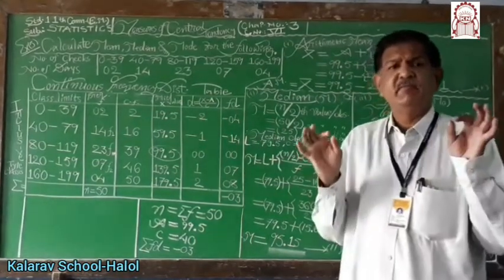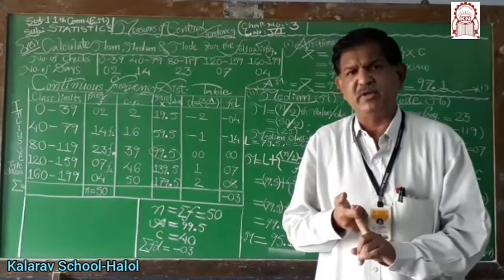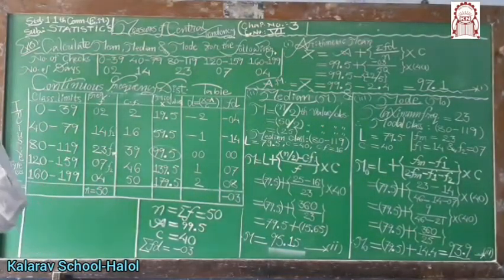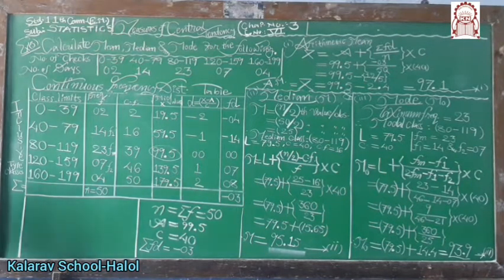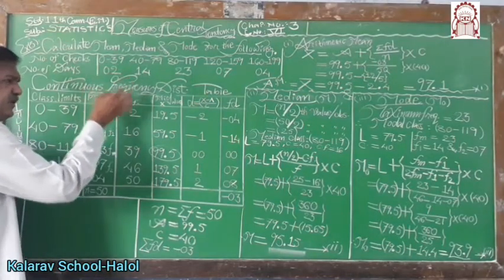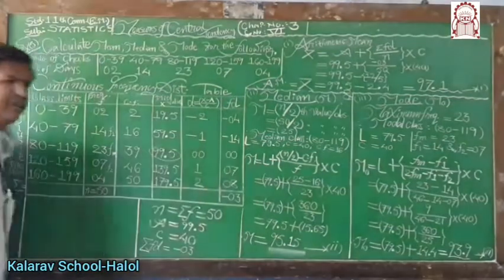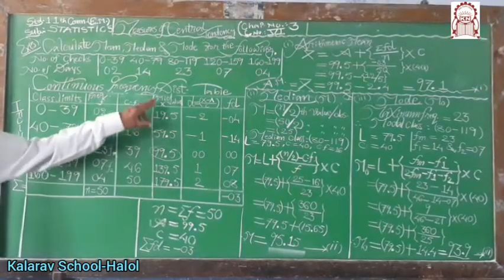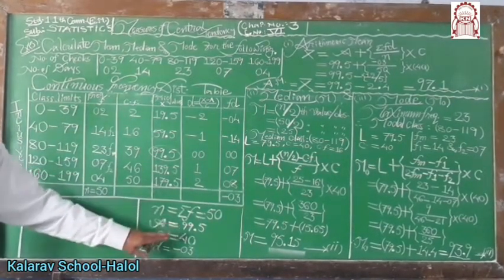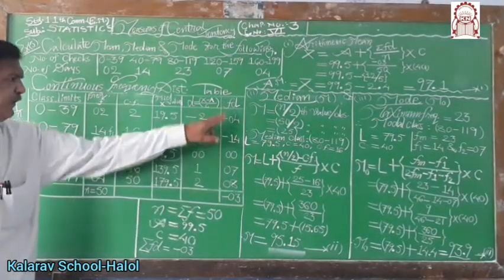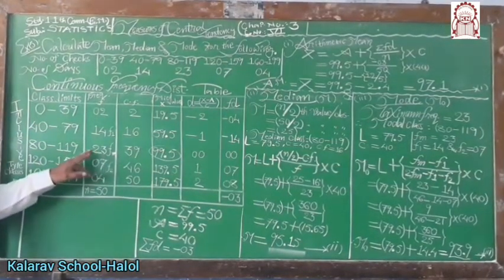This table is known as the continuous type frequency distribution. One important thing: measure of central tendency, measure of dispersion, measure of skewness, whatever chapter may be given, identify the type of the data. If you can justify the type of the frequency distribution, then and only then can the proper formula be applied. Total frequency is 50. The assumed value A is 99.5. C, the class interval, remains the same for each class, 40. Total of FD is minus 3, and the maximum frequency is 23.